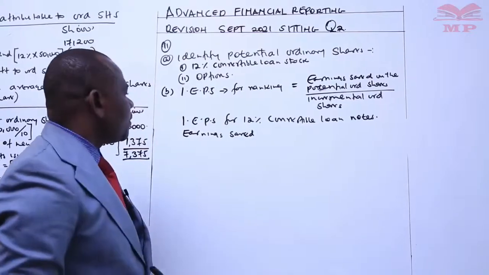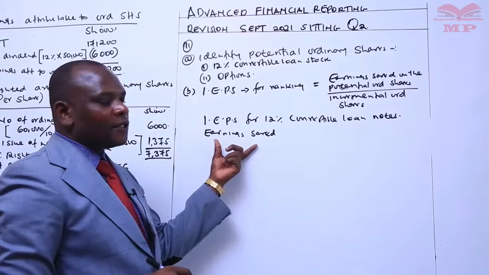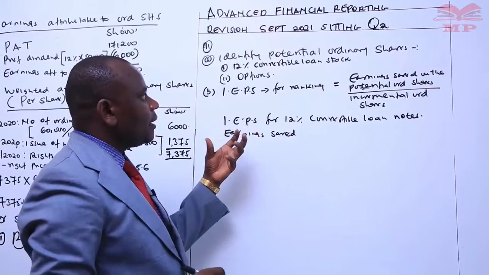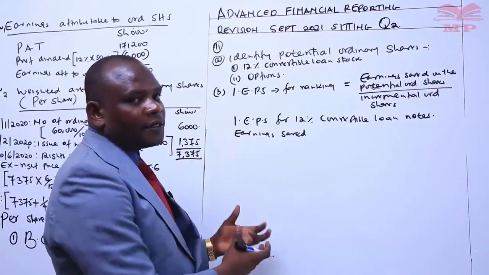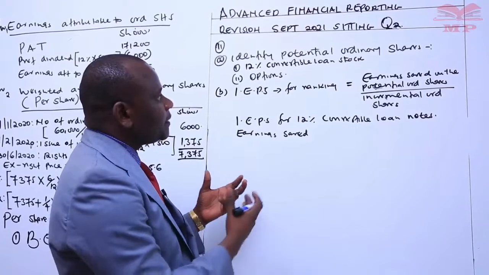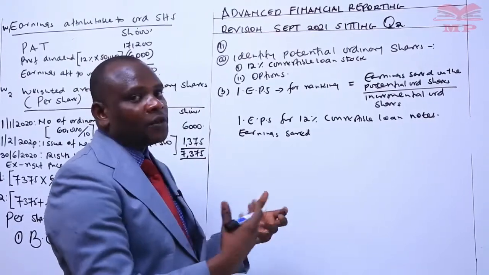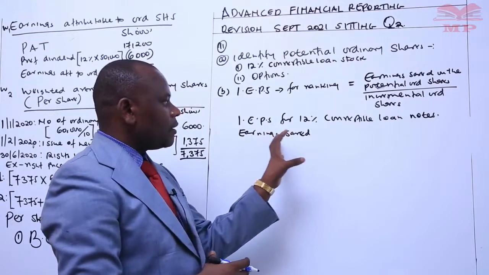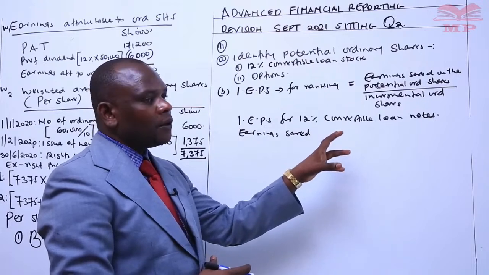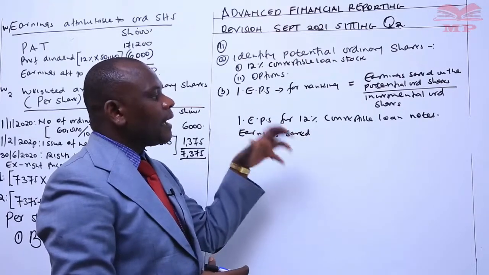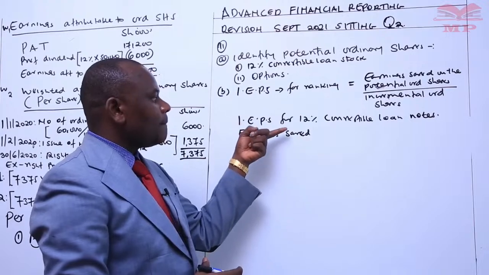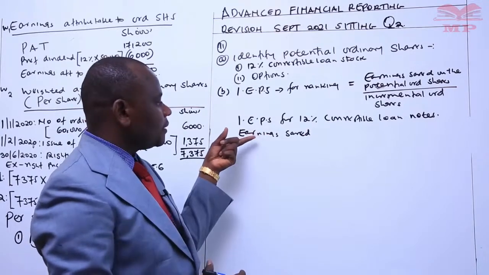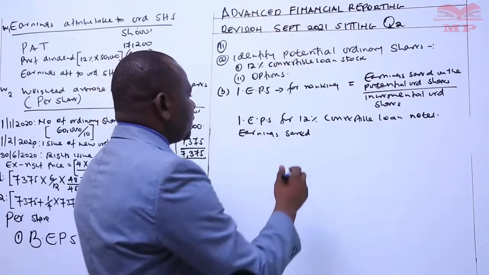Maybe you're asking yourself, what is earnings saved? Potential ordinary shares are those securities that allow the holders to convert that security into ordinary shares. In case the holders of these 12% convertible loan notes become shareholders, then the company is going to save on the interest that it is supposed to pay them. So this is the earnings saved here, which is